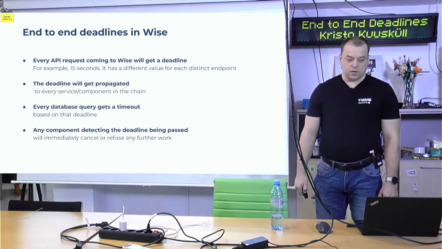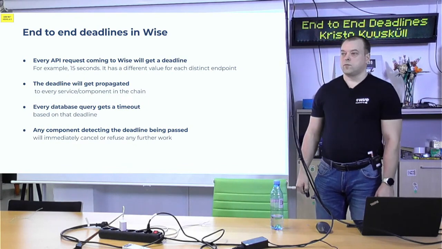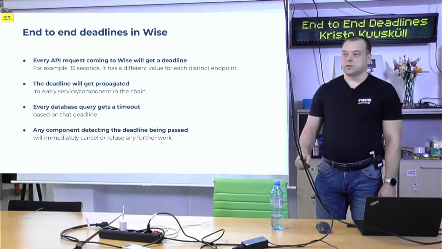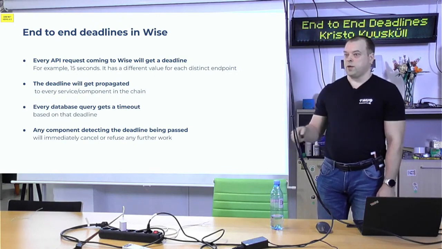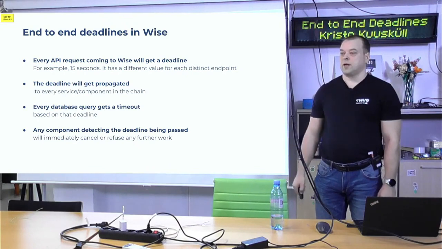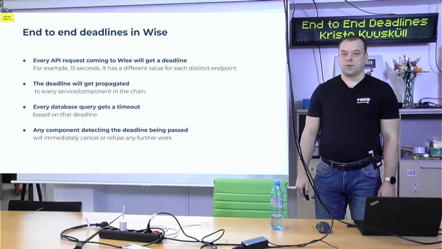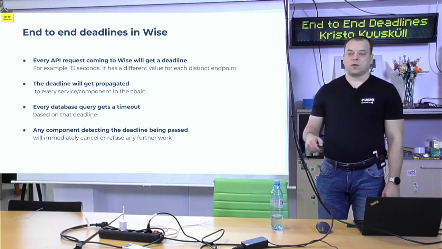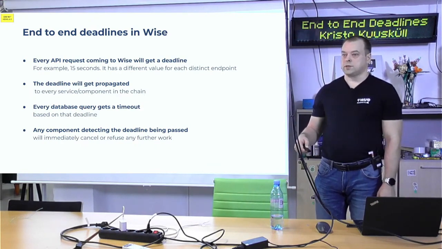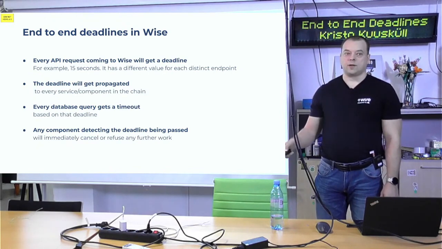And we can now utilize this as follows: if a service gets a call and it sees that the deadline is already exceeded, it will immediately give an error. It doesn't try to do any work like database queries or anything like that. But even more interestingly, when we are doing a database query, we can put database timeouts based on that deadline as well. We can put a query timeout, idle in transaction timeout, lock timeouts, different timeouts.